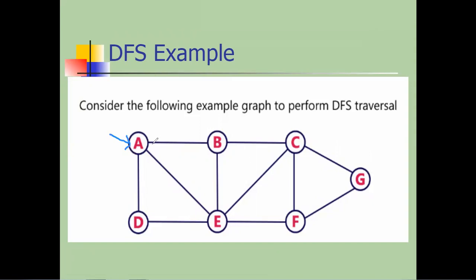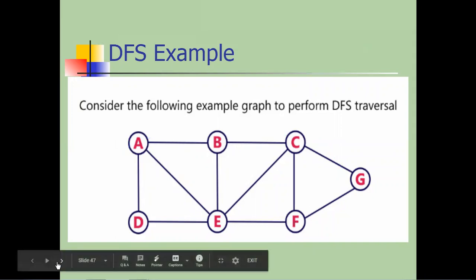Always remember that DFS means depth wise. Suppose I am selecting A, then B, then C, then G, then F, E and D. This is one type of output we can produce, but this edge is not included because this edge makes a cycle here. So this is the concept of DFS, going depth wise. BFS means level wise and DFS means depth wise. This point will be clear using the stack example.